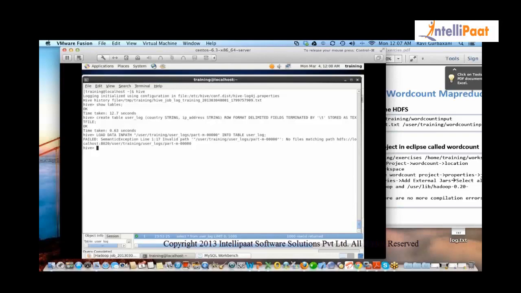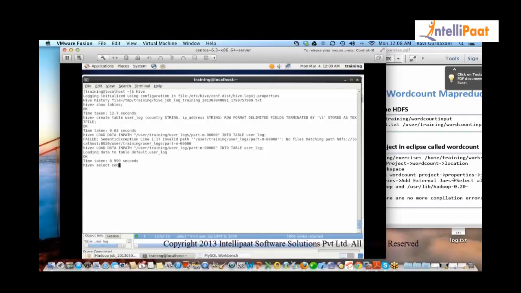It says there is something wrong. Should we specify the .txt extension? Is there any extension for that file? No. Let me see the command I have given in the PDF. Do we have to provide the exact location? I think user_logs is different from what is there. I don't know if you created logs or log. It is log. I have made a spelling mistake. It's very fast. 50,000 rows is nothing actually.